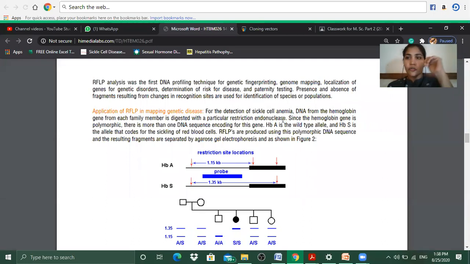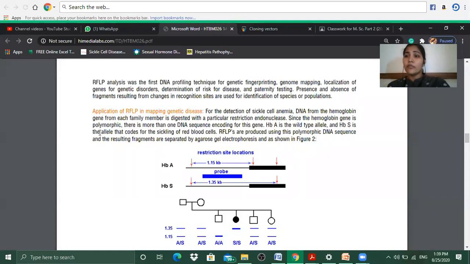So in a family, if you want to know who are the carriers of this sickle cell anemia disease, because it's a genetic disorder, or who has sickle cell anemia, or who does not, you can extract the DNA from the blood of each member of the family. And since the hemoglobin gene is polymorphic,